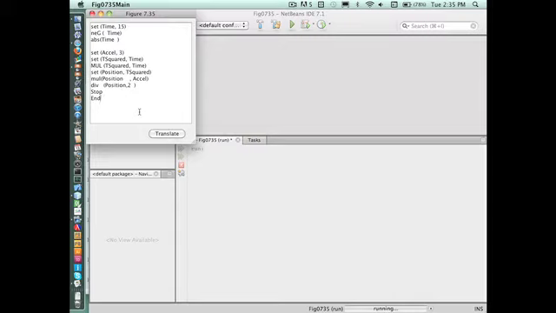Let's inspect this program. The first line of this program says set, parentheses, time, comma, 15. Are you with me? The second one says neg, parentheses, time. And the next one says abs, parentheses, time. That stands for absolute value. And the third one says set accel, that means acceleration, to 3.